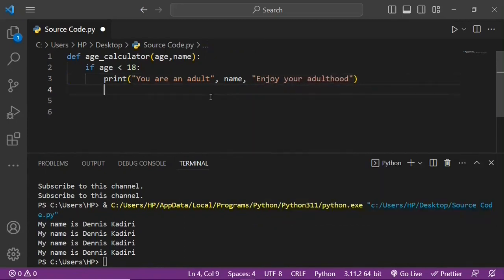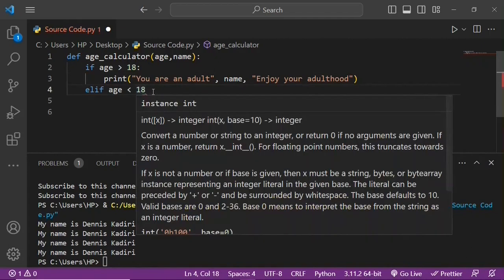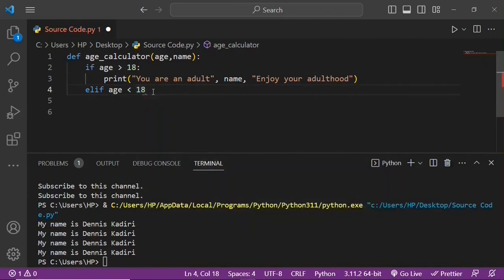So on the next line, I'm going to add an else if statement. So I'm going to say elif age is less than 18. Okay, I think I made an error already. This is supposed to be greater than. So that's greater than, while this is less than. So if age is less than 18,